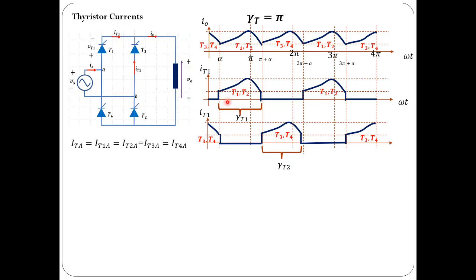Now, in order to compute the average and RMS value, first of all let us find out the frequency of the thyristor currents IT1 and IT2, and you see the frequency of them is the same as the supply frequency. You see the current pattern, so the waveform is repeating for every 2 pi radians. So the frequency of thyristor 1 current and thyristor 2 current are the same as the supply frequency. So in order to compute the average value of thyristor 1 or thyristor 2, you have to take its mean value for the entire 2 pi radians.